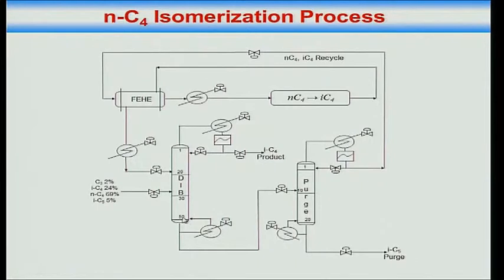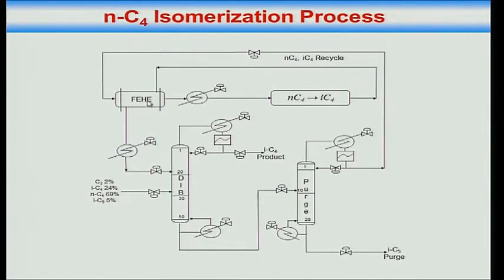Okay, so the bottoms is fed to a purge column. What does the purge column do? It removes IC5 down the bottoms, which is heavy, and the mixture containing NC4 and some IC4, any IC4 that might have leaked down the bottoms, is sent to the reaction section. How is the reaction done? You send the distillate through a feed effluent heat exchanger.